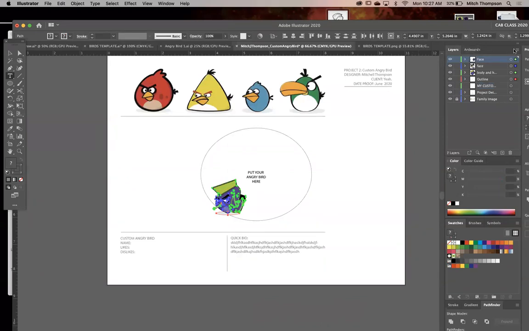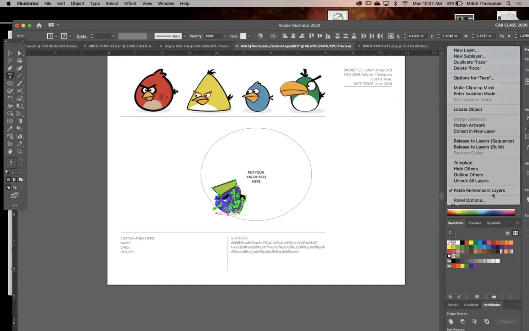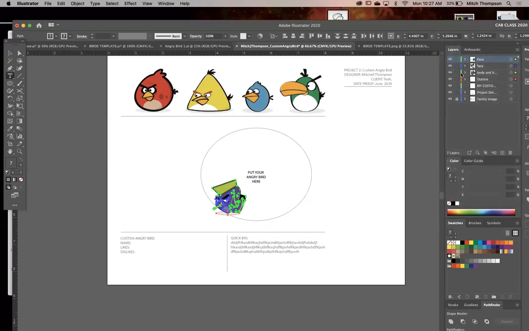There's a thing called Paste Remember Layers down here. We used to use it at Adidas all the time because we would work from template to template, meaning we'd have a youth jersey, a women's jersey, and a men's jersey. We would ensure that each of our templates had layers named exactly the same. We had hundreds of templates for design, across genders. Paste Remember Layers, check it out. It does exactly that.